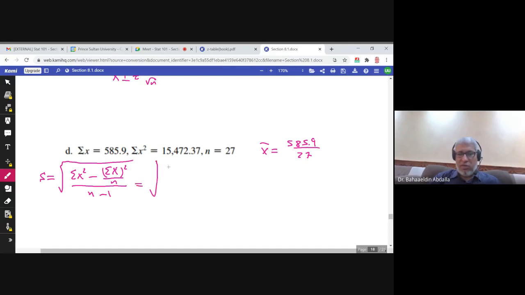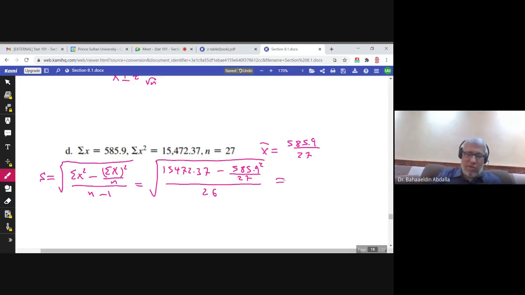So summation x square is given, 15472.37. Summation x is also given, n is 27, divided by n minus 1, and you can use the calculator and find